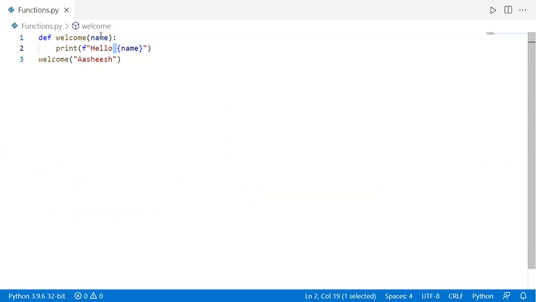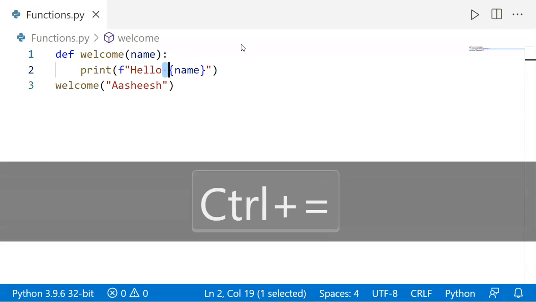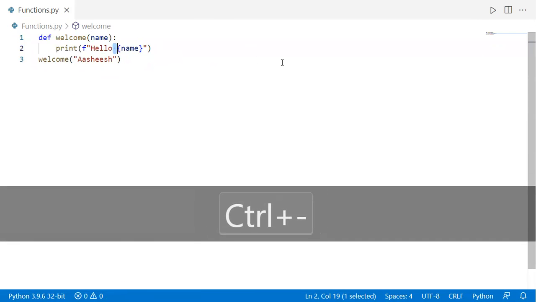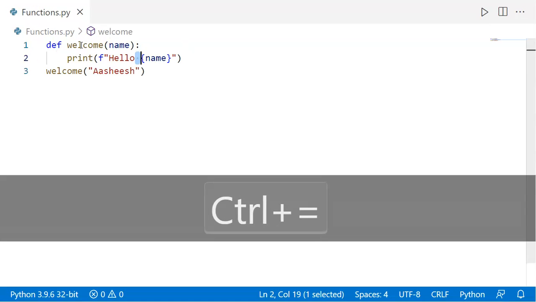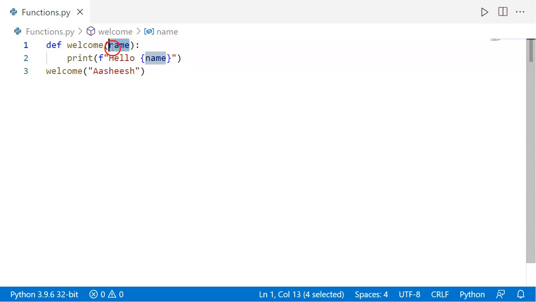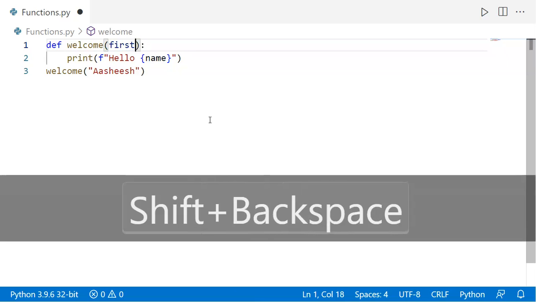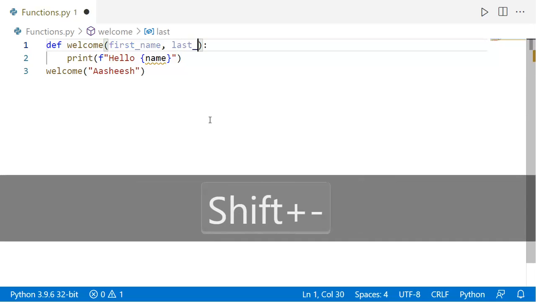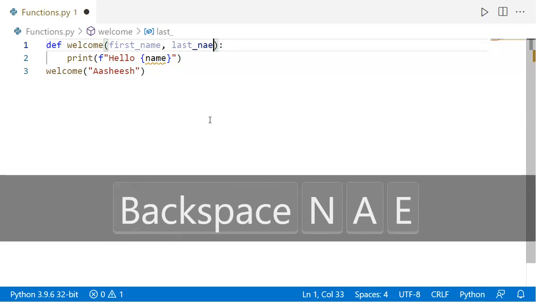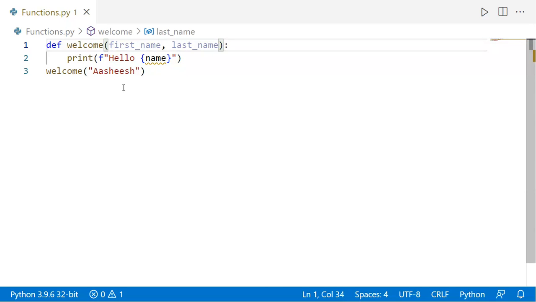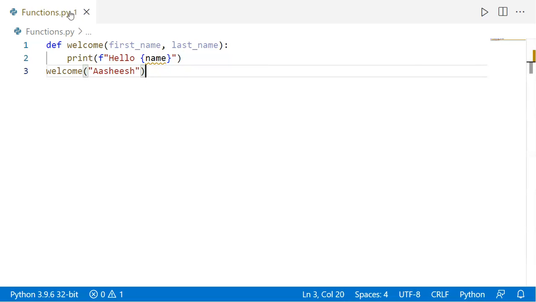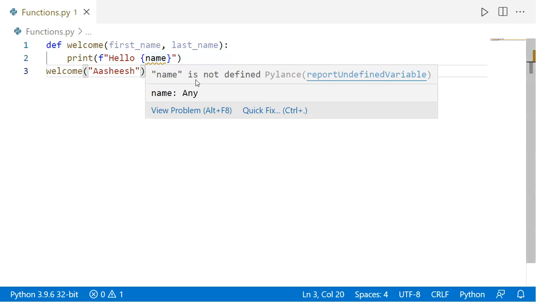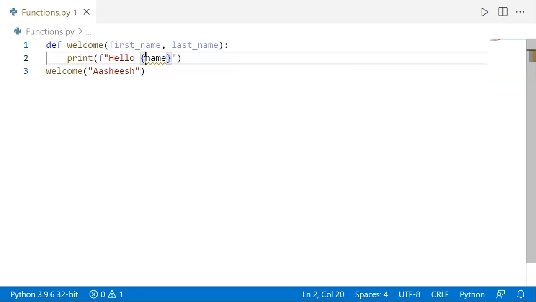So how to use multiple values? Let us know. We will use first underscore name, comma, last underscore name. There are errors because name is not defined. This is an undefined variable.